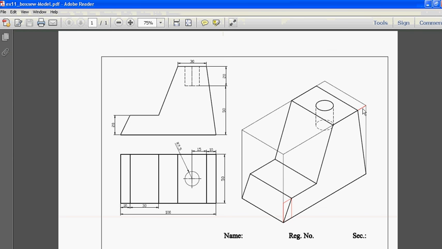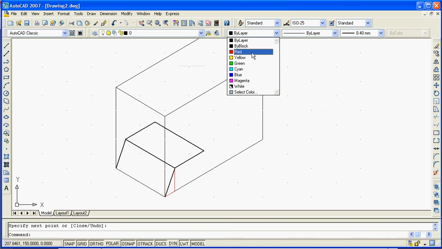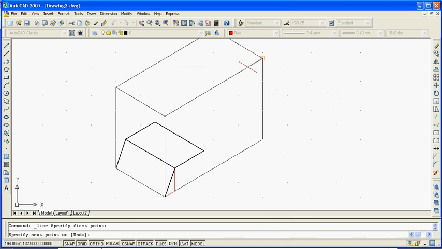So now from this point I am going to draw 10 and get this line, right? I'm going to draw a line. Now change the color to red, draw from this point, okay, 10,